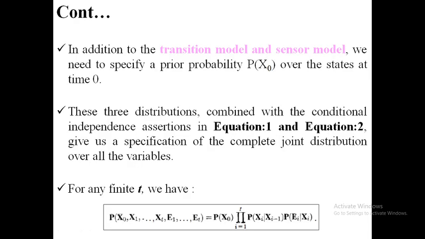Finally, if you combine these, because our concept depends upon three variables from the beginning: one is the random variable, one is the evidence, one is the time. If you club these three, we get a formula like this, along with the prior probability. Whenever there is no evidence for some variables, we have to consider those variables as a prior probability. So this is our prior probability, this is our transition model, this is our sensor or observation model. All these are considered for our uncertainty condition using the Markov process. So this is about the Markov process.